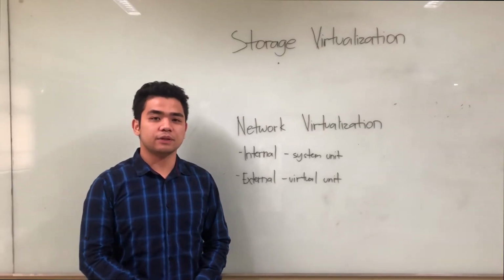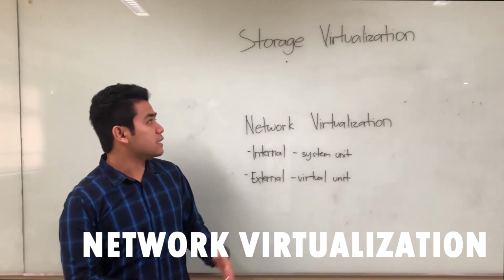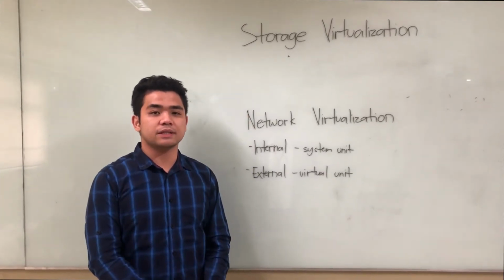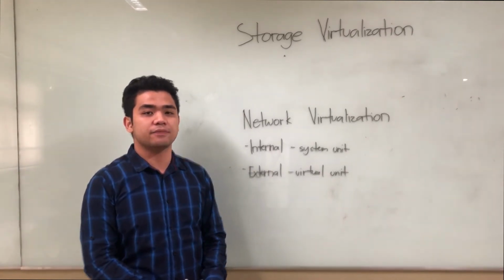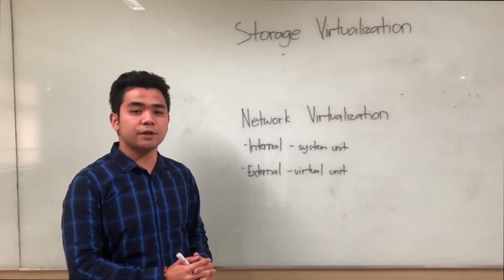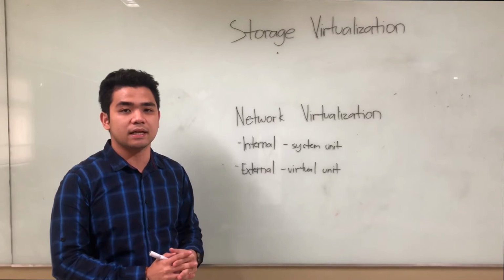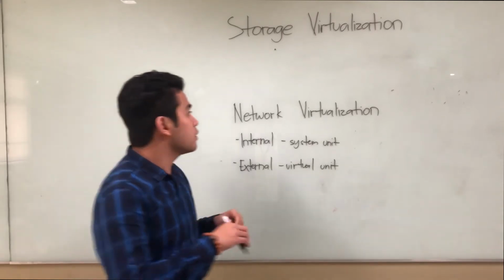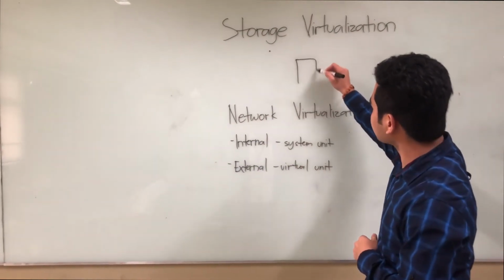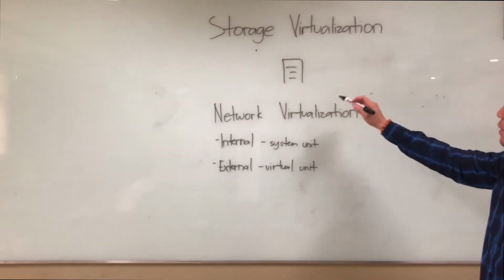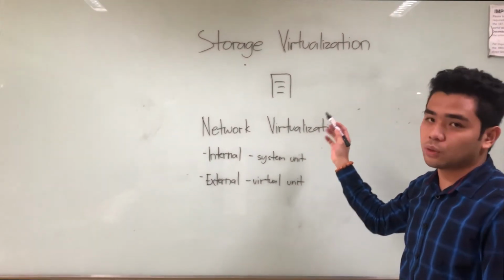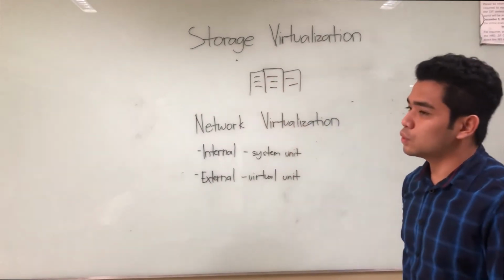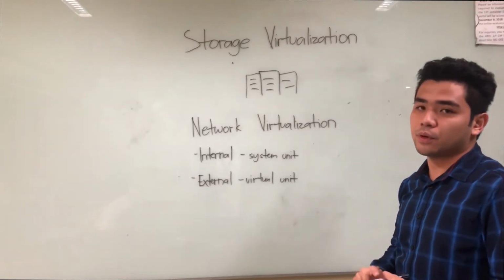So the last two types of virtualization are network virtualization and storage virtualization. In storage virtualization, we can relate it to worker bees working in a beehive. The servers are the worker bees in an array, which are managed in a centralized location. So the main concept of storage virtualization is, for example, we have a server, and that server is actually full of capacity, so we have no choice but to buy other servers for us to install more data and have more capacity.